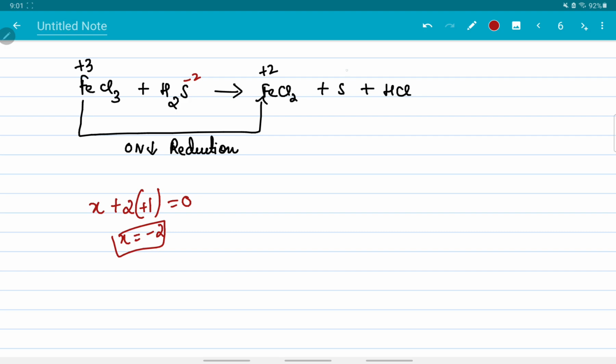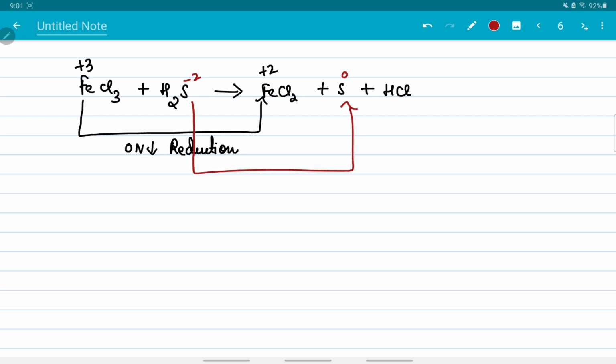Now in this case sulfur is alone. It is monatomic, so there is no charge on it. The oxidation number over here is 0. Now if you check from here to here, the oxidation number goes from -2 to 0. -2 is less than 0, right? So from -2 it is increasing to 0. That is, the oxidation number here is increasing, and when the oxidation number is increasing, it is oxidation. So our first step is done.